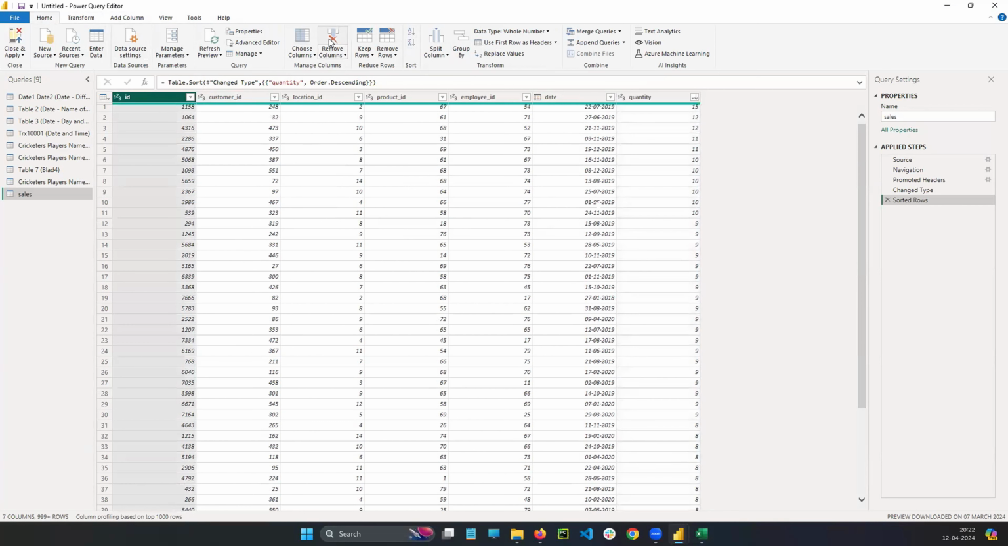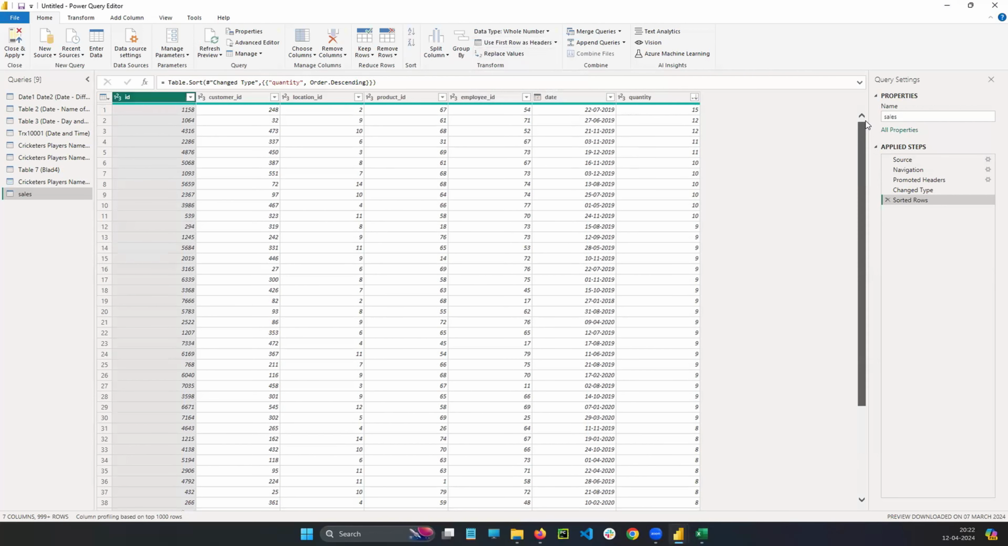So choose columns, remove columns, keep rows, remove rows, ascending order, descending order, split column, and replace are very, very important. Even use first row as header is a little bit important. What is the meaning of that? See here,